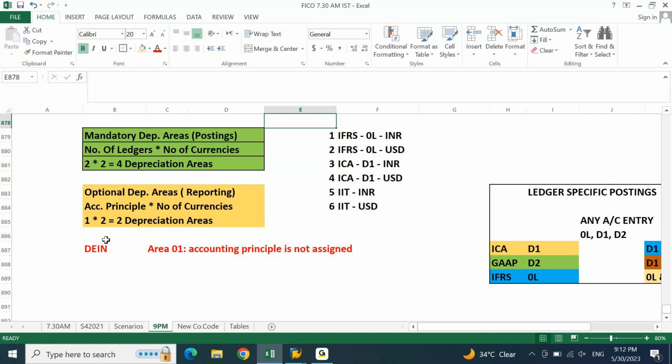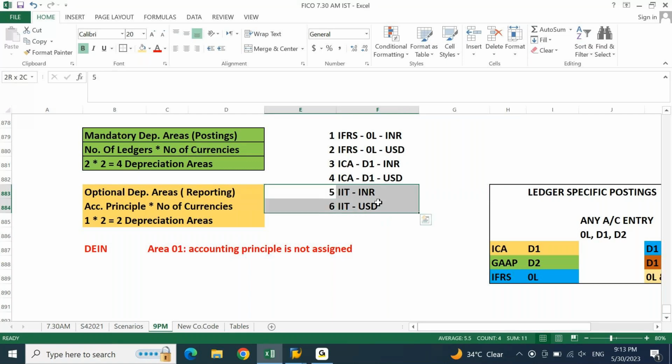When there is a ledger, there is a posting. When there is no ledger, there is no posting, because to post any transaction in SAP, you need a ledger. No ledger, no posting. Two depreciation areas have no ledgers, which means for area number 5 and area number 6, there is no posting.